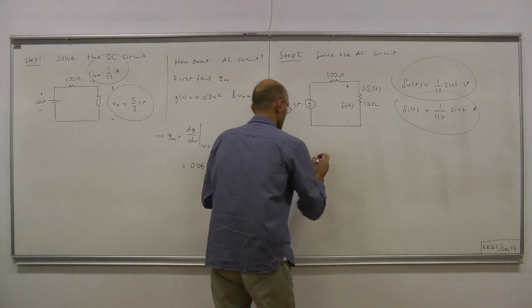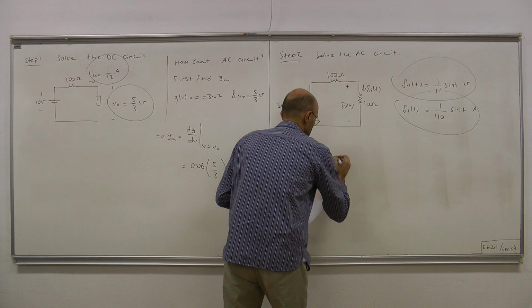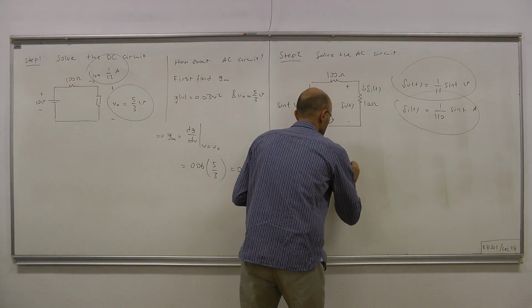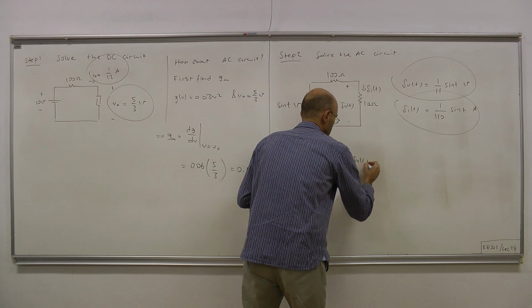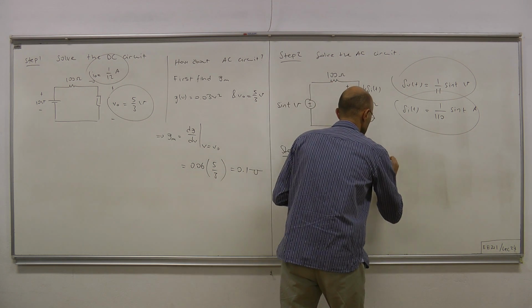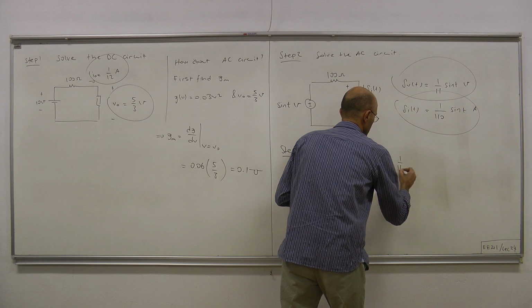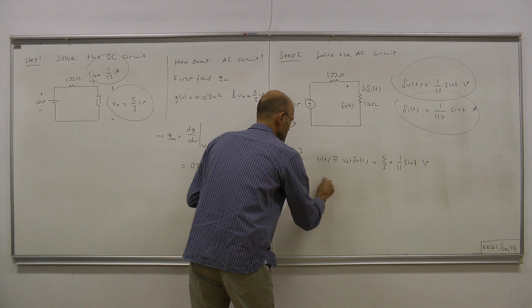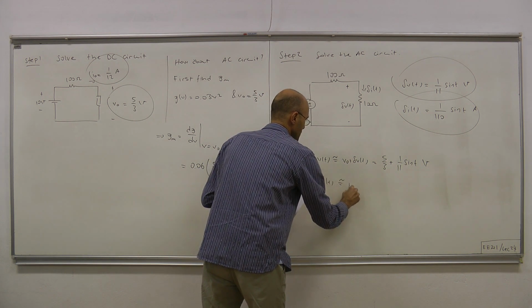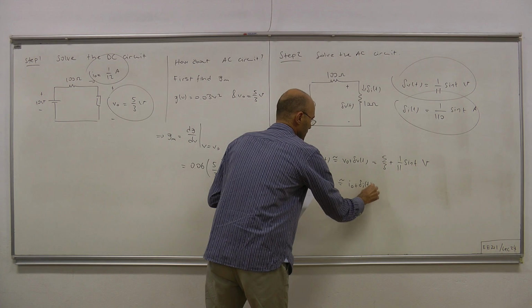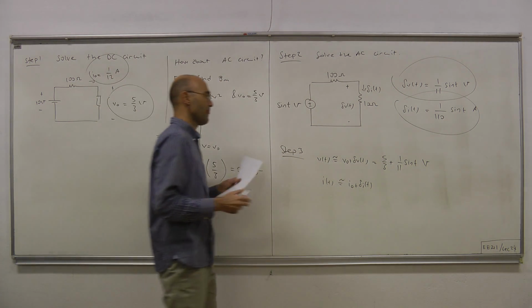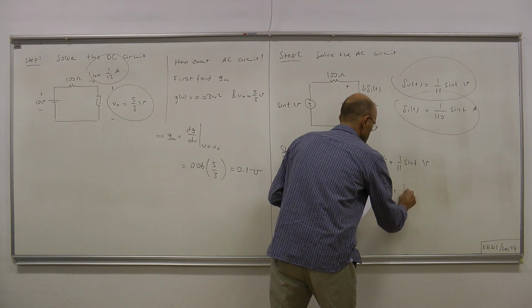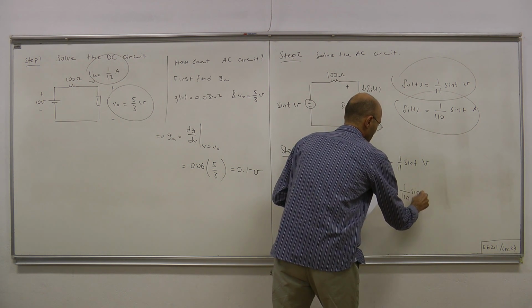Therefore, v of t not equals but almost equals V0 plus delta v of t. And for our example, it's 5/3 plus 1/11 sine t volts. Likewise, i of t equals I0 plus delta i of t, which is 1/12 plus 1/110